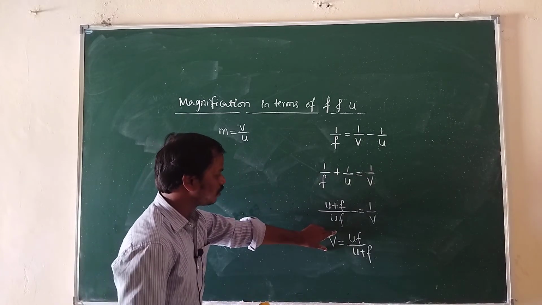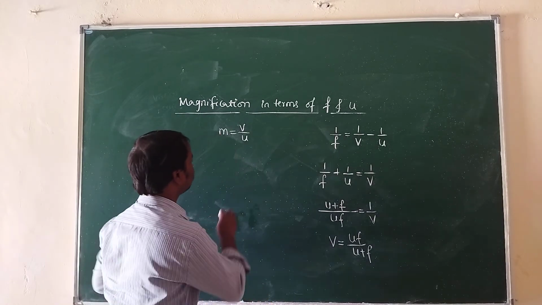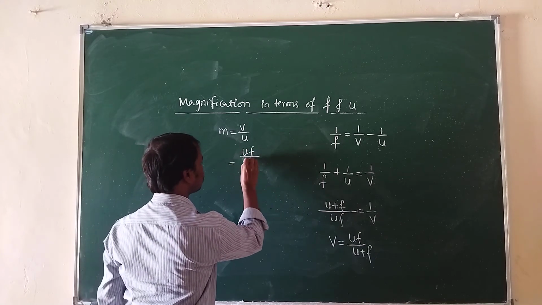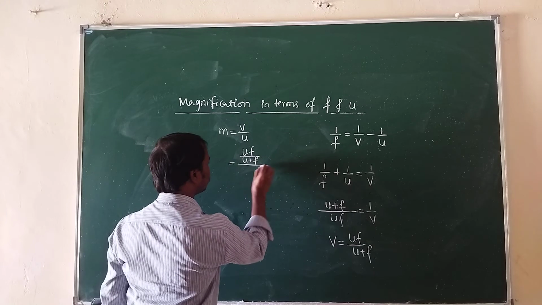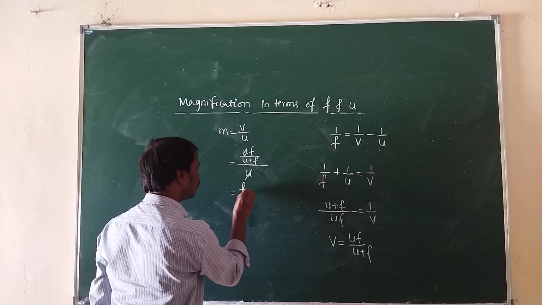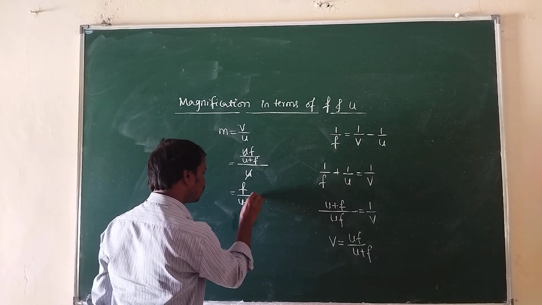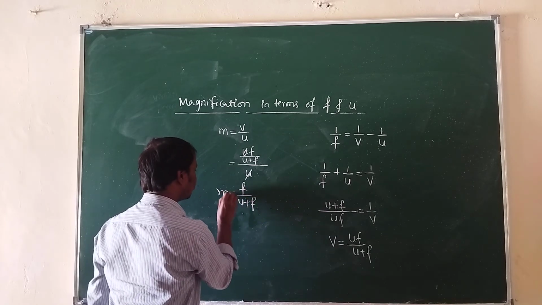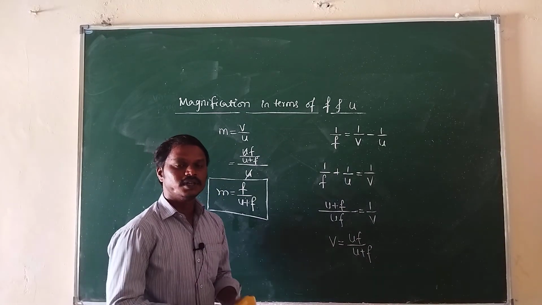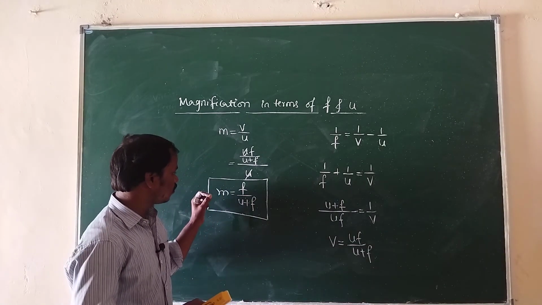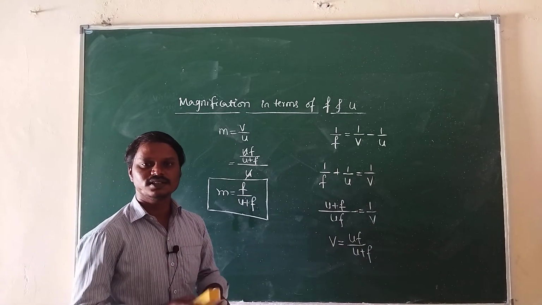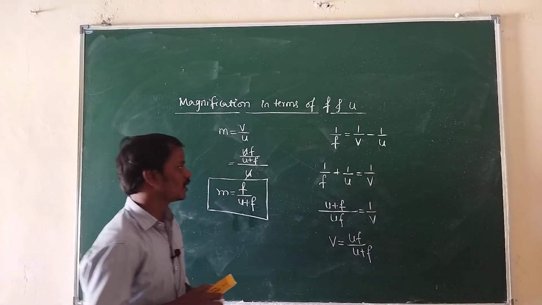So let us substitute this in the equation, then we will get m is u into f divided by u plus f, divided by u. Then u gets cancelled. Now it is f by u plus f, otherwise f plus u. Now this is the magnification in terms of focal length and object distance. But remember, while solving problems related to magnification, you have to use sign conventions. Okay, next one,